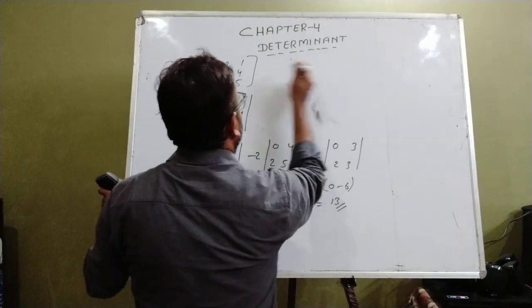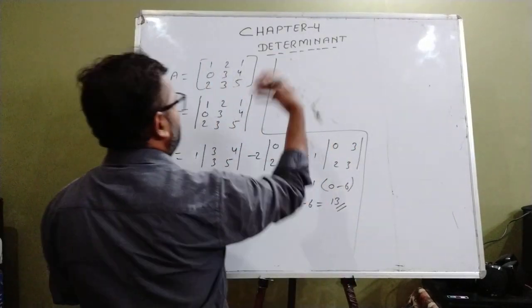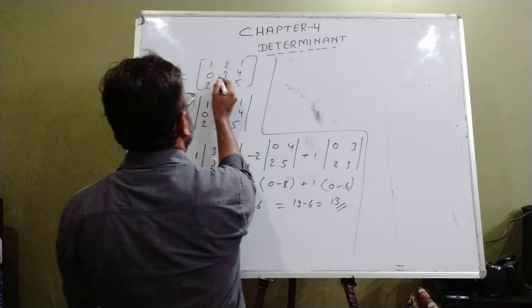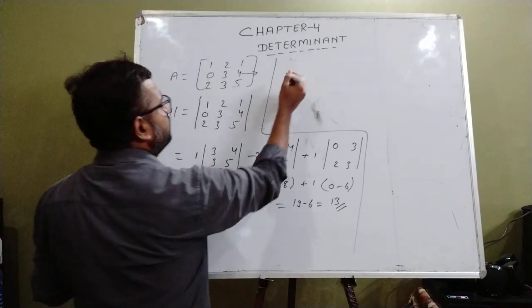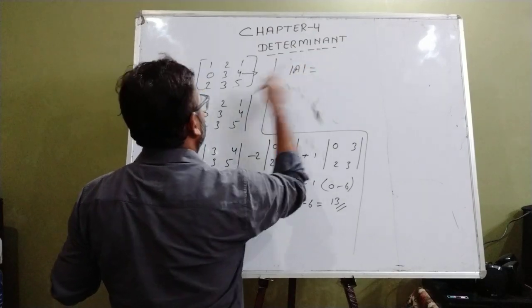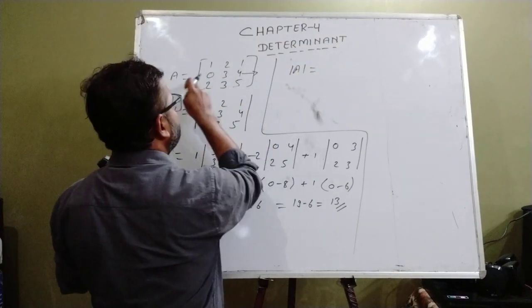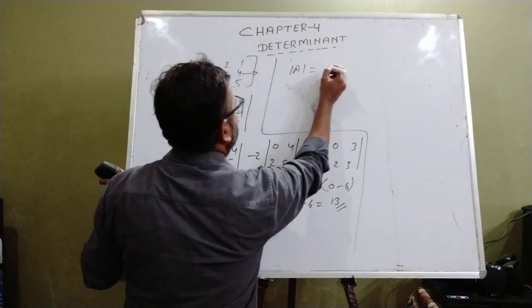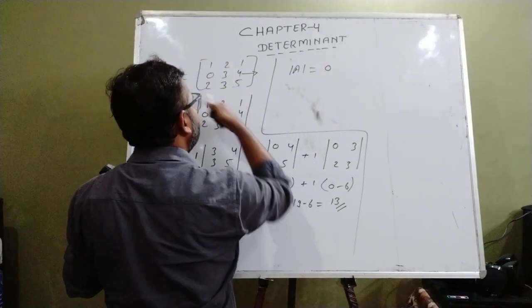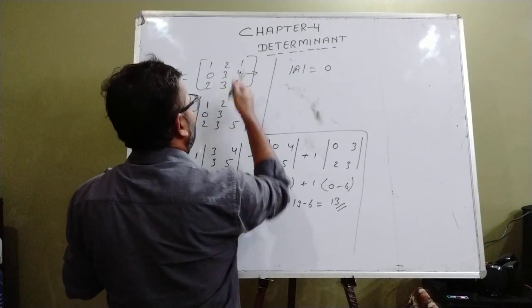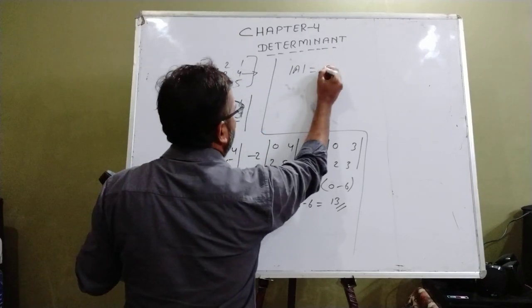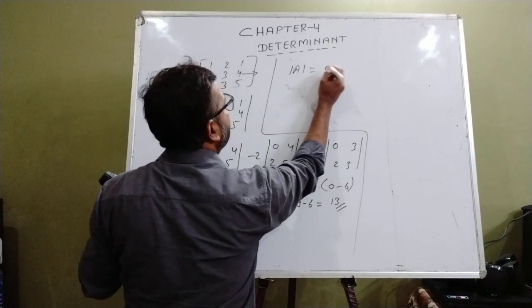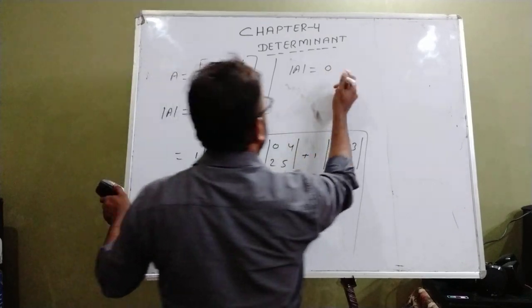Now let us check. I am going to expand through any other row. Suppose I am expanding through the second row now. From the second row, what will be the determinant here? First of all, we will take the 0. Then 0 will be taken. What will be the sign of 0 here? Definitely the sign of 0 will be minus, because here it is 2 1 position. Then minus 0 if I write, no change will be there.